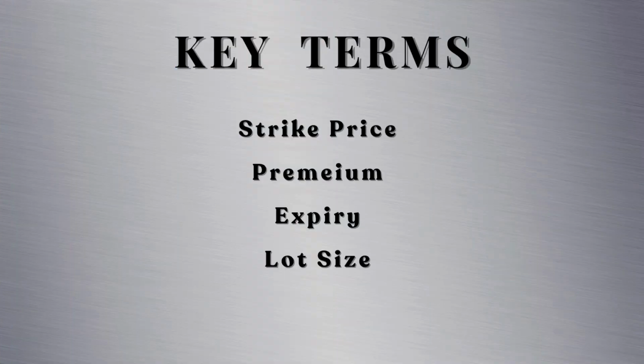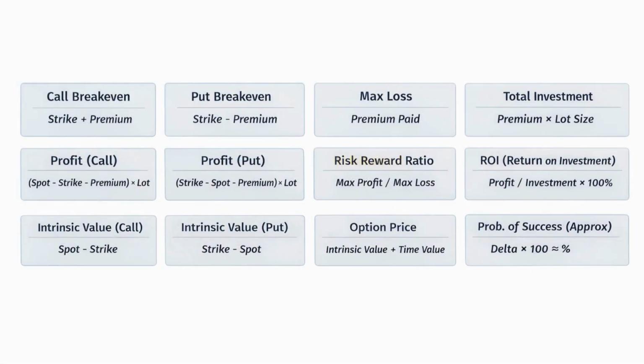I think by now, you can clearly see how strike price, premium, expiry, and lot size are interconnected. They're not separate concepts. They work together to determine risk, reward, and break-even. I have deliberately repeated the calculations at every stage. Once these calculations become automatic in your mind, topics like moneyness, time value, and even option Greeks will become much